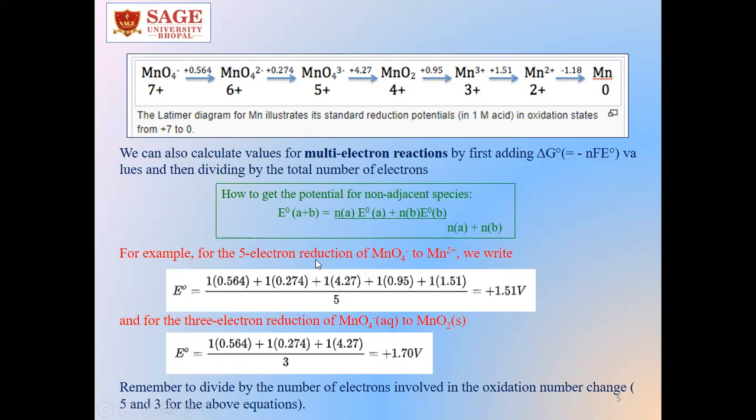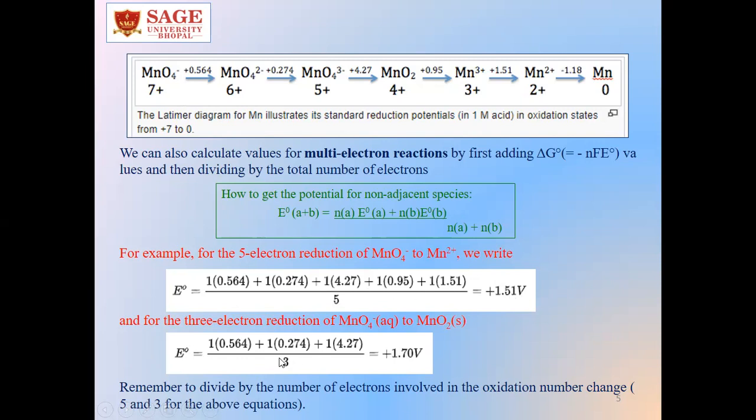For example, for the 5 electron reduction of MnO4 minus to Mn2 plus, we write E0 equals 1 into 0.564 plus 1 into 0.274 as in the given diagram, plus 1 into 4.27 plus 1 into 0.95 plus 1 into 1.51, divided by 5 because 5 electrons are involved, which gives the value